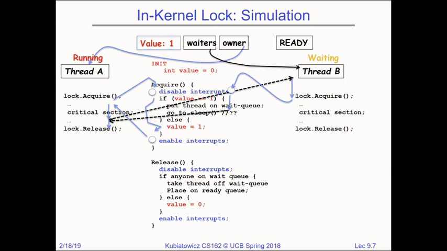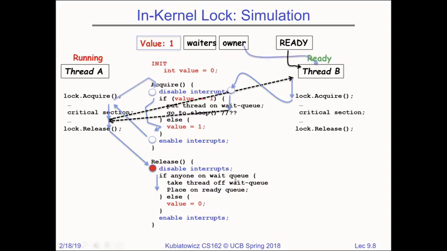And now we're going to get down to the end of the critical section, and A is going to release it. So it's going to call the release routine, which is going to disable interrupts. And it's now going to say what happens here. Well, is there anybody waiting? What's the answer to that? Yes. So what we'd like to do is take the thread off the wait queue and get it ready to run. Ready? Here we go. Okay, and that is actually an implicit transfer of ownership of the lock to B because,